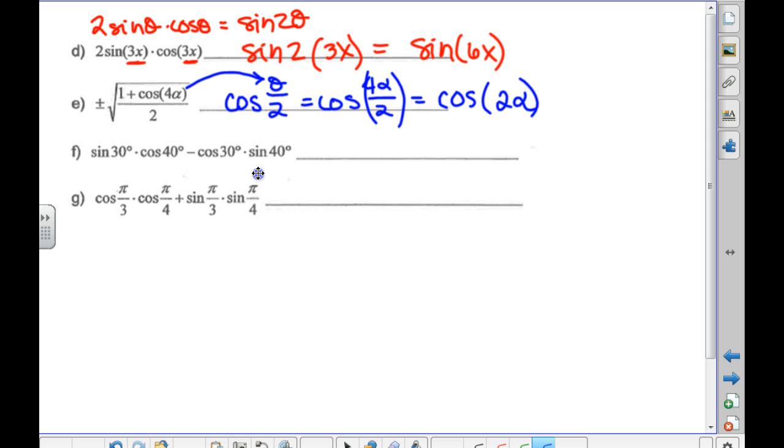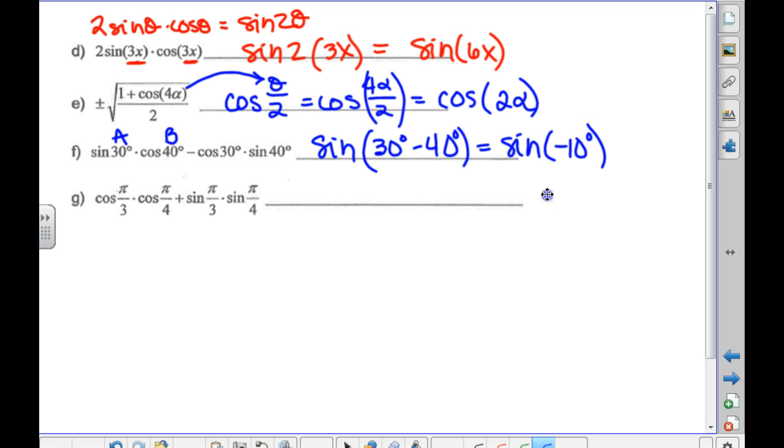All right, sine minus cosine cosine. Where's sine minus cosine cosine? Isn't that sine A cosine A plus B? No. Oh, I'm reading it totally wrong. It is sine cosine minus cosine sine. That's sine of A minus B. Okay, it is sine of A minus B, which would be sine of 30 minus 40,